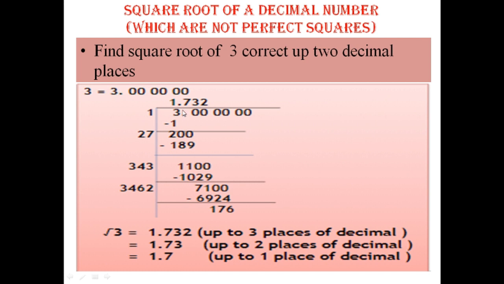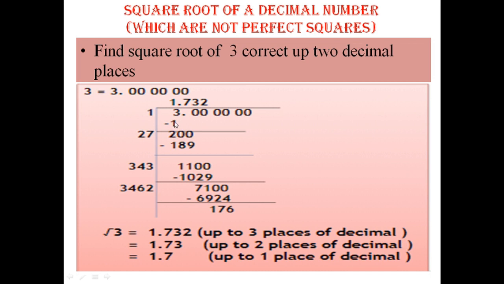We will write the number here, because we have already written these 3 pairs of zeros. First of all, because there is only one number, we need not make pairs. What will you do now? You will write a number according to this number. 1 ones are 1, because you know that if we write 2 and 2, it will become 4, which is greater than 3. So 4 is not possible. That's why we have written 1 here.